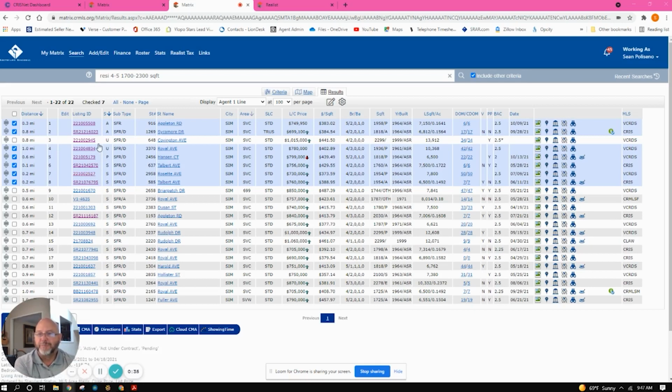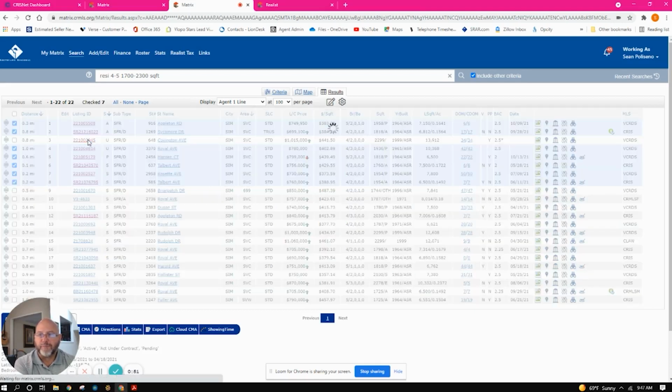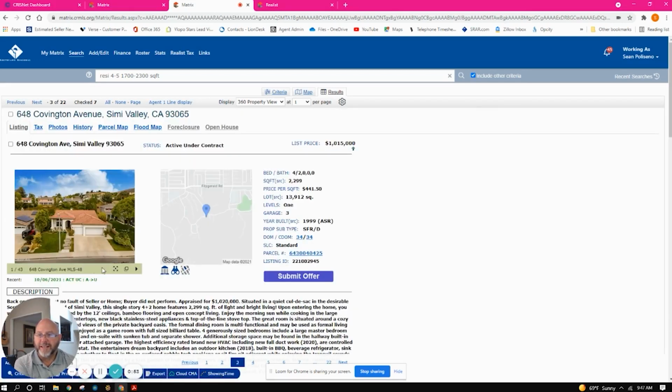So if you look here, we have these 2 active here. They're in the similar price range. And then there's this one here. It's an outlier of $1 million. Now, I told you I typically include all of the pending. But if you look at this property, you'll see here that this is